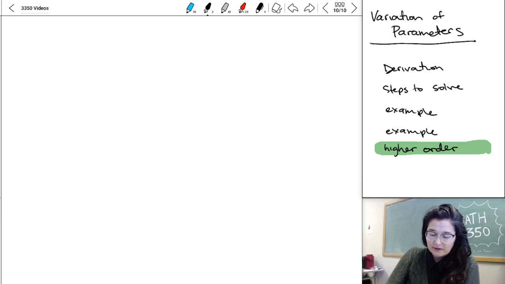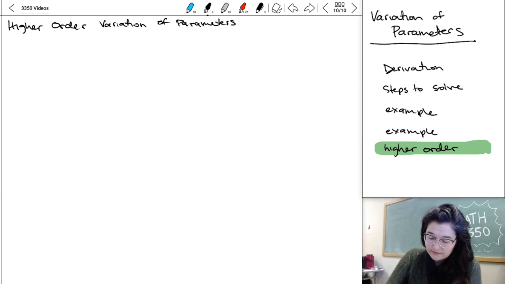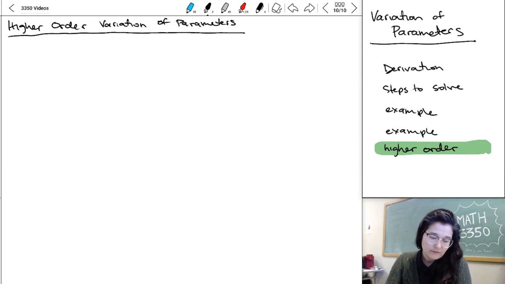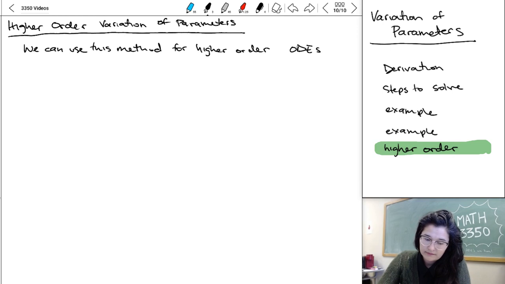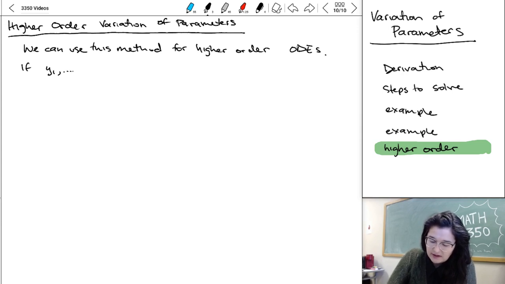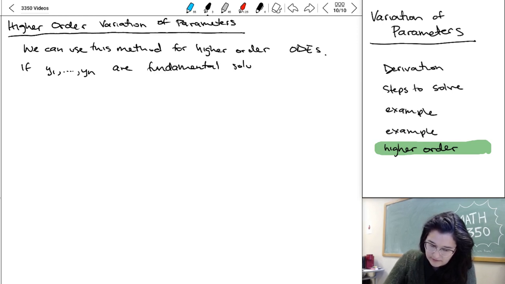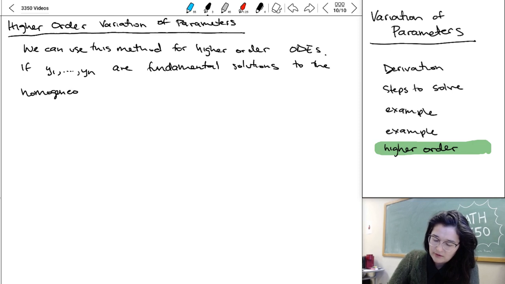Let's go ahead with our last concern with variation of parameters, which is how we might solve higher order variation of parameter problems. So we can use this method for higher order ODEs. We showed the example for second order, but if we have a set of fundamental solutions y1 through yn to the homogeneous problem,